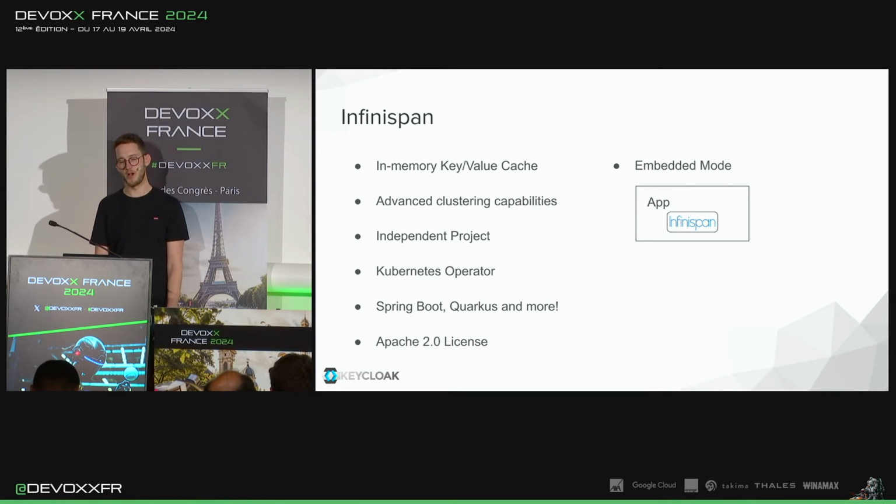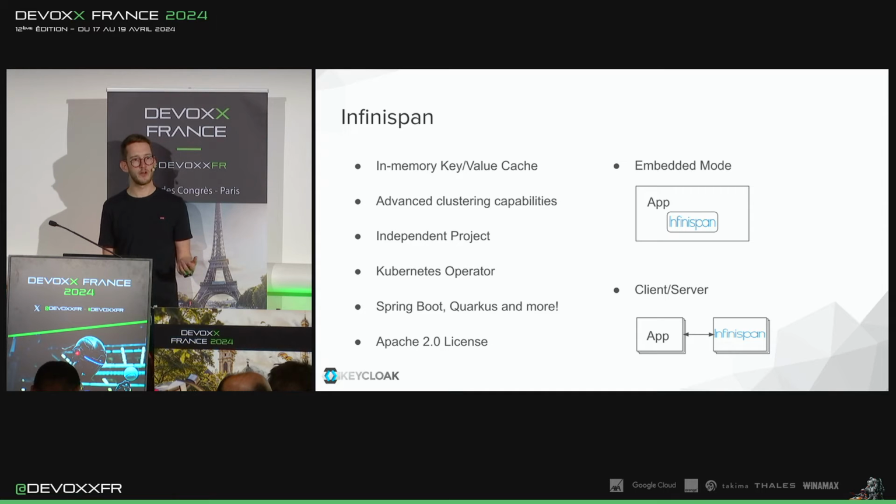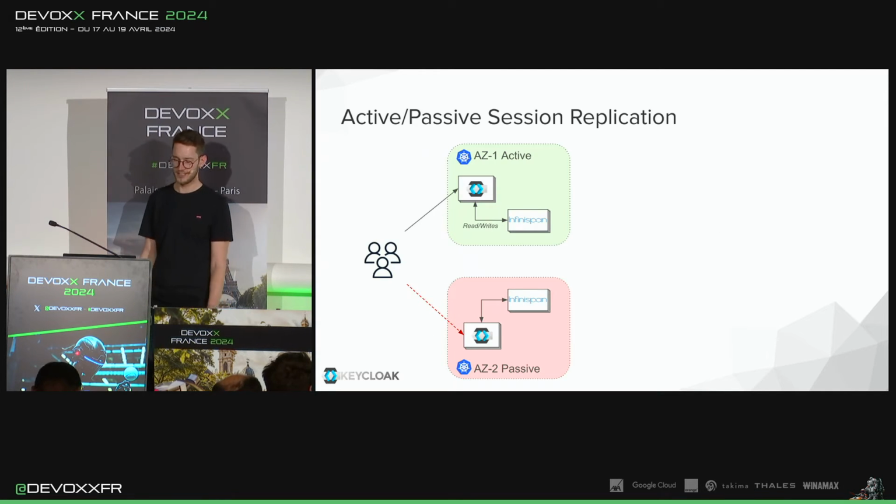This is where the Infinispan process exists within your JVM application, whereas Infinispan also offers what we call client-server mode. The difference here is the Infinispan server is completely independent from your application, and your application accesses the cache remotely. This can be done using the Redis protocol, HTTP, or Infinispan's own Hot Rod protocol. And why am I going into such detail here? Well, hopefully it'll become apparent on these slides.